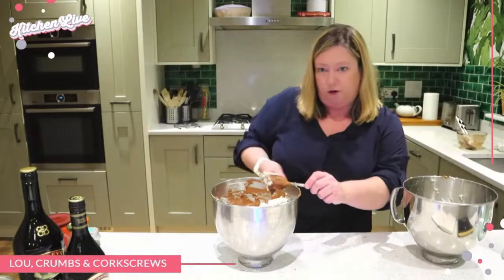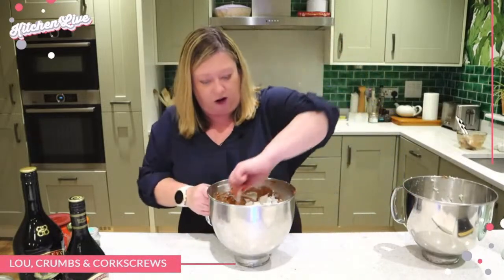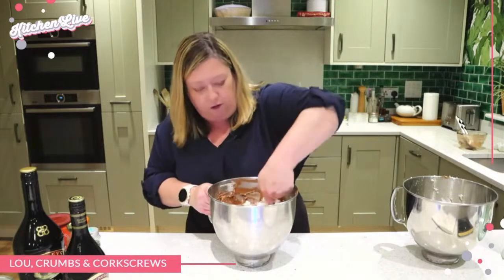And this time we fold in. I know my camera's going to go in a minute, but fold in